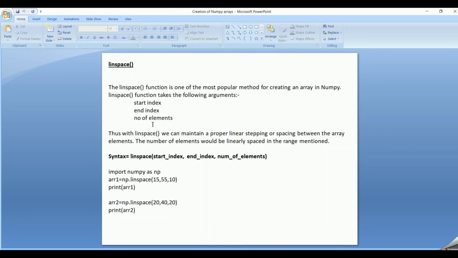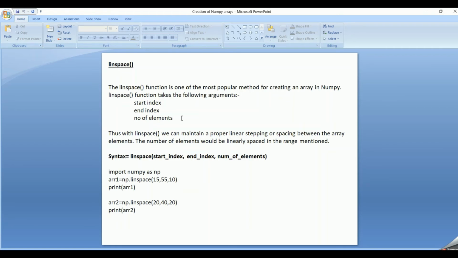And now friends, let's move on to another function through which we can create a NumPy array, that is linspace. The linspace function is one of the most popular methods for creating a NumPy array. It takes 3 arguments, that is the start index, end index and the number of elements.